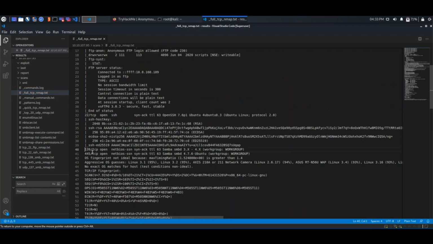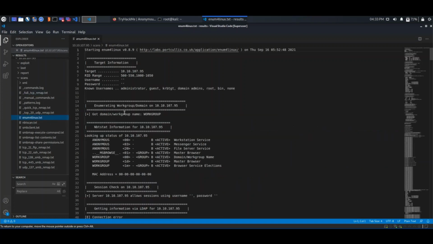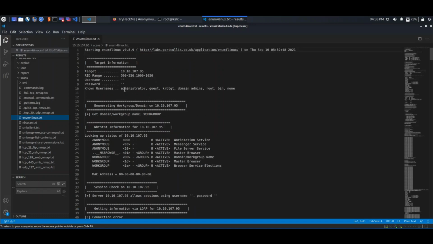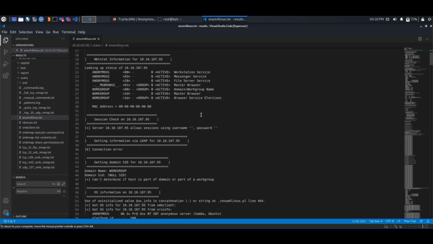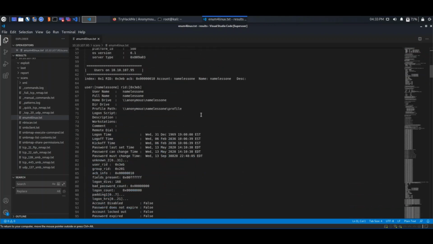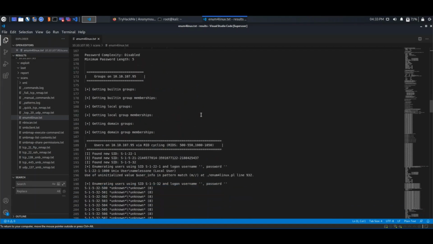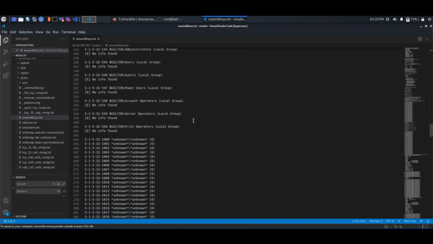Yeah, there we go. Since the SMB port is open, it is very usual to run enum4linux. That's why AutoRecon did it too, and you can simply see the result of enum4linux. As you can see, there are some known usernames found, and there are some shares. The full results of enum4linux, which is mostly used for SMB enumeration, is in front of you.